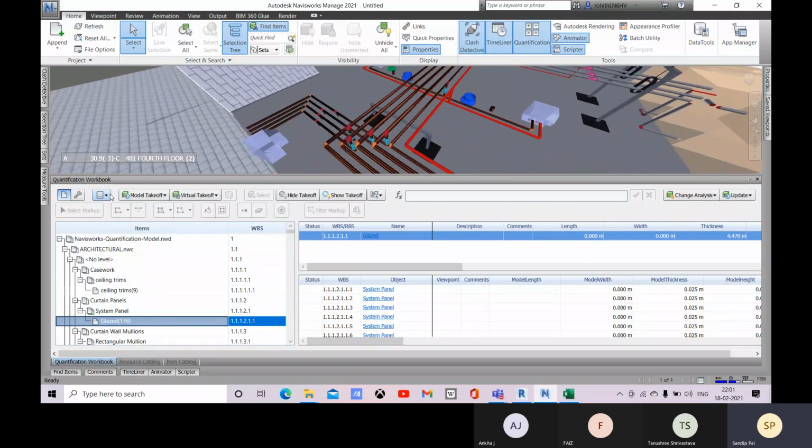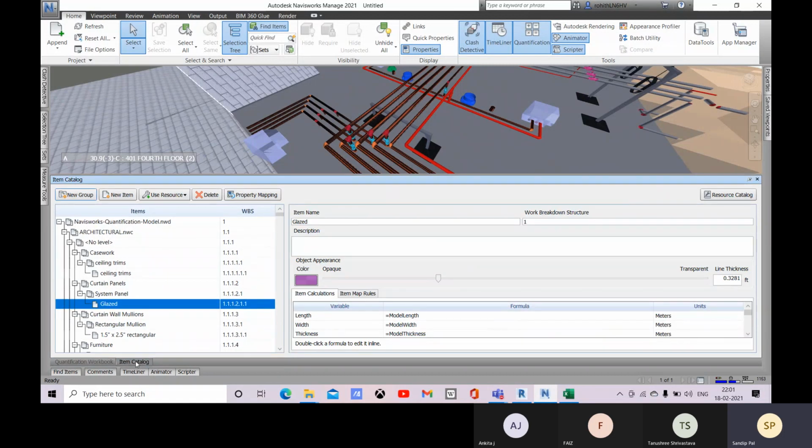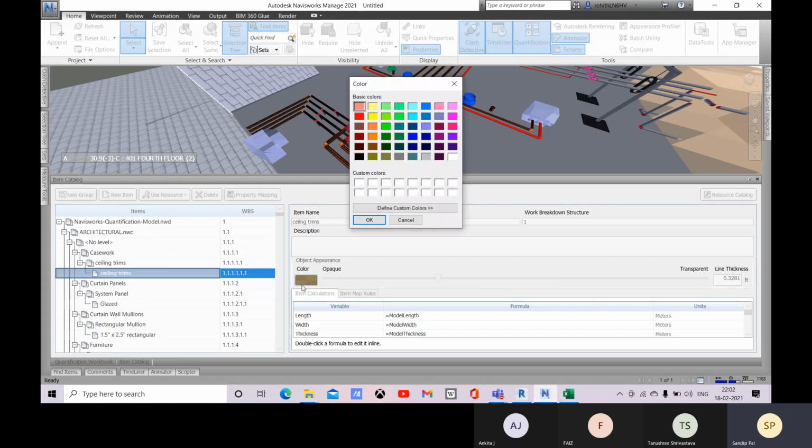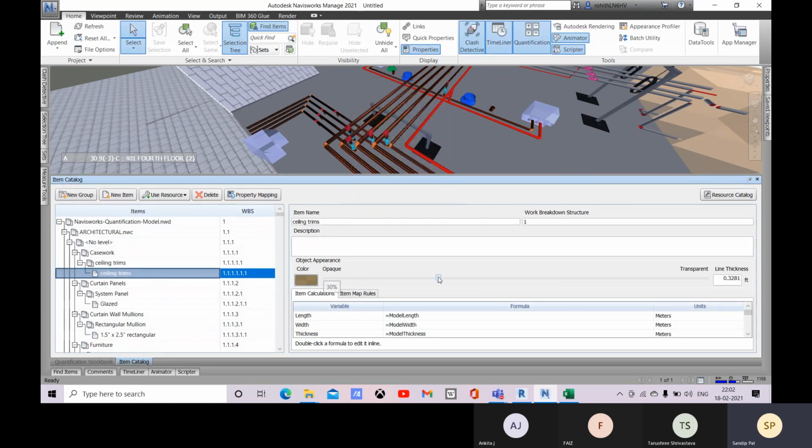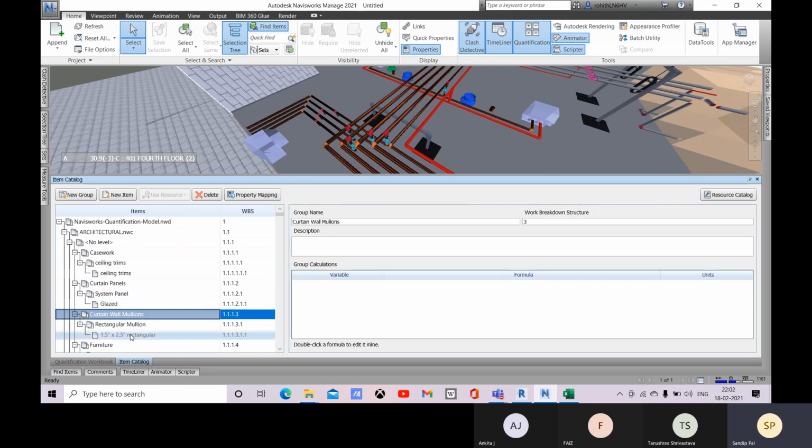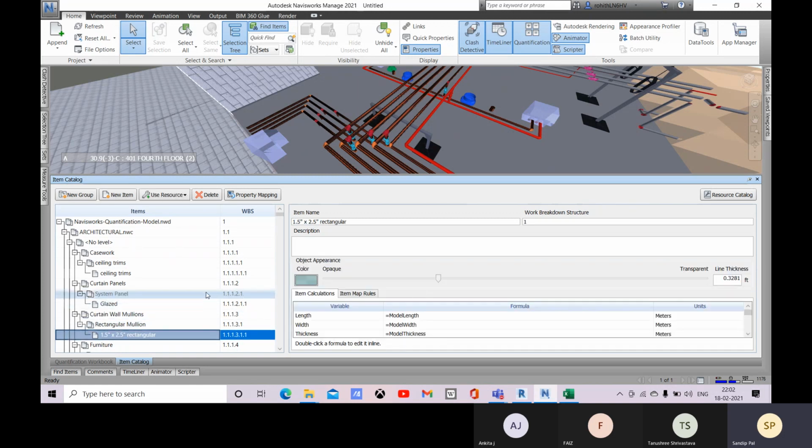For that, let's uncheck this item catalog. Come to this item catalog and then you can see this. If you select this one and it has this color, you can change this color, how it will appear, how transparent it will be, and what the item name will be. So you can control, customize and change it all over there.